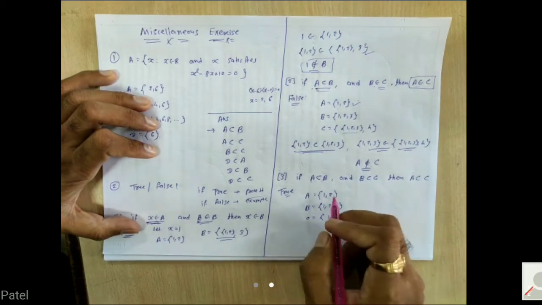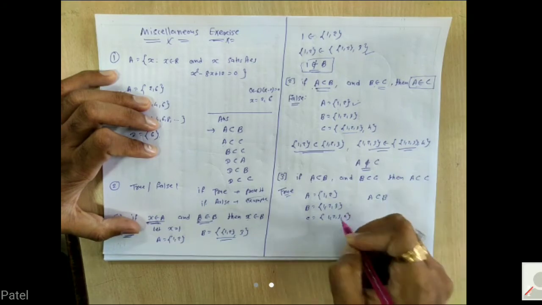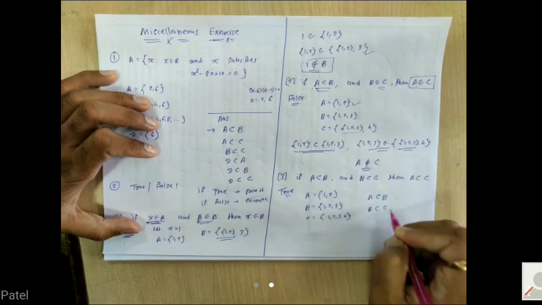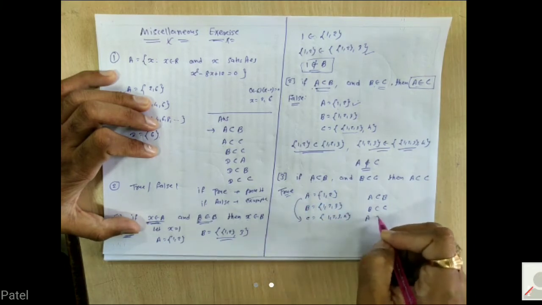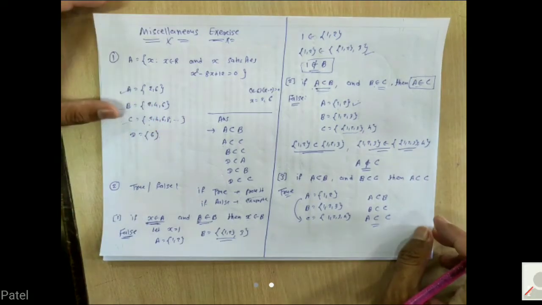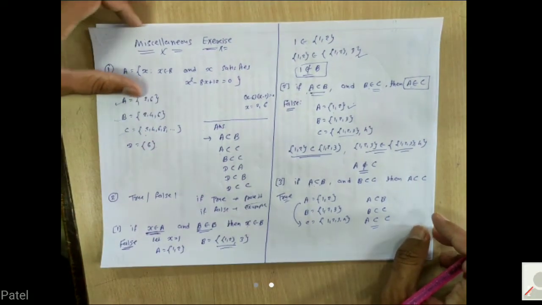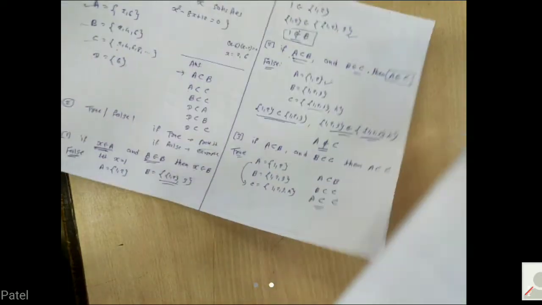So clearly it can be seen that A is a subset of B, B is a subset of C. So here A is a subset of C. All the elements of A are the elements of C, and that's why the given statement is true. Done? Now next one. Next statement is fourth number, in which we are given that